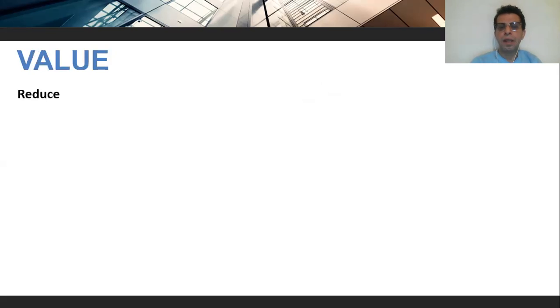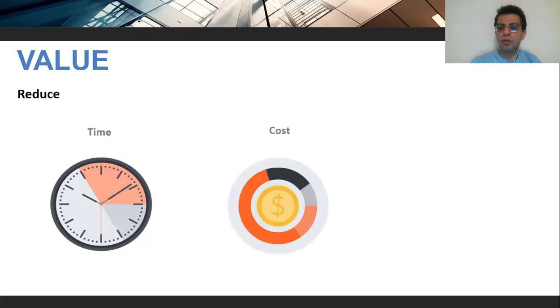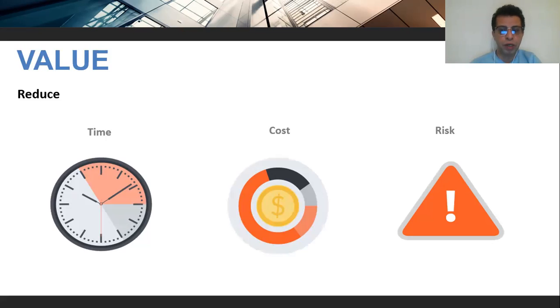that they're getting. Now, the value is really that you need to reduce time, you need to reduce your cost, and you want to minimize your risk in operation. And also, once you want to select software or upgrade it, or you stay with your current software, you also need to look at whether I have the time and the money to spend on it, which is what we spoke about in the break-even analysis, and we will be talking more about it. Or am I taking a risk using a new app?